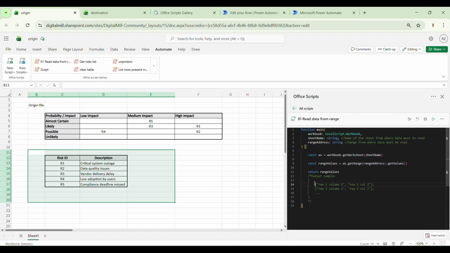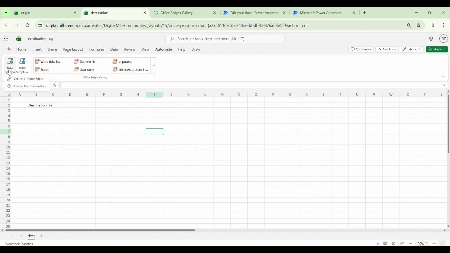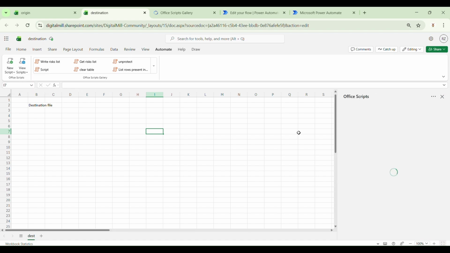And we'll see exactly what it looks like in a few minutes once you run this script from Power Automate. So now I'll just save the script again, and this is already good, so I'll come here to the destination file and I'll repeat the same process for creating a script. So I come to the Automate tab, new script, create in code editor,